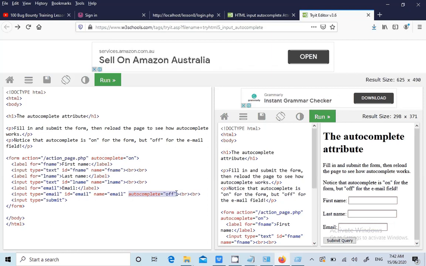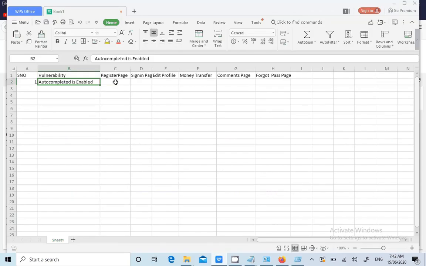I would say that now we'll come back to our sheet. Interesting lesson. Registration page. What are the details the registration page will ask for? First name, last name, email address, phone number. Let's say the passport number, PAN card number, social security number, right? These all are very critical, guys.